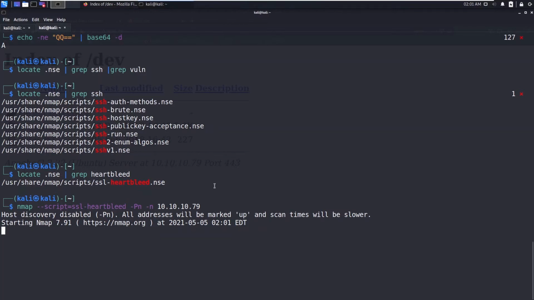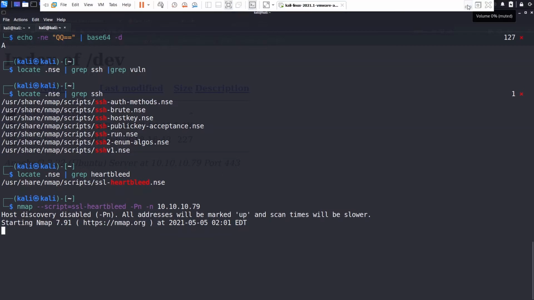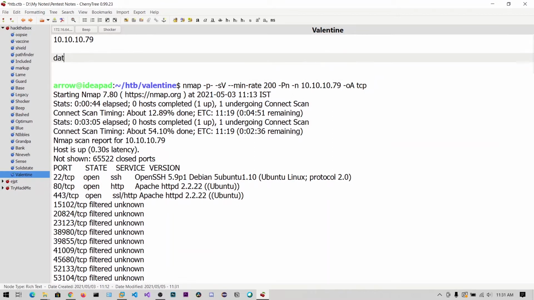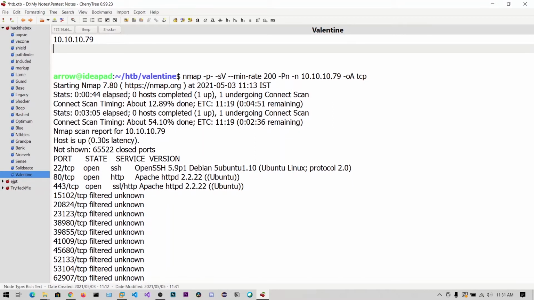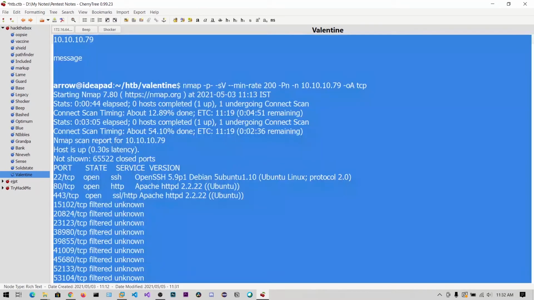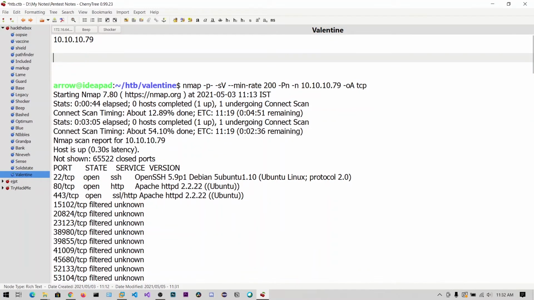This heartbleed exploit is a simple bug to understand. Whenever we send data, let's say I'm sending a length and a message, and let's say the data is this string I am sending. The length of this data string is 4 bytes, right? So whenever I send this to the server, it will see the 4 bytes and it will send back 4 bytes of data, that is random data.